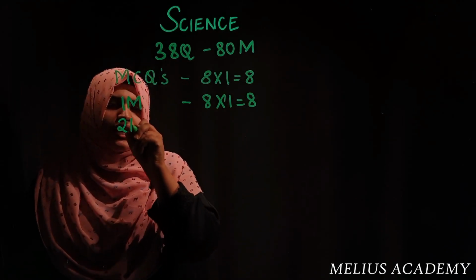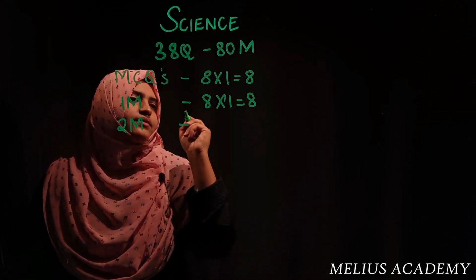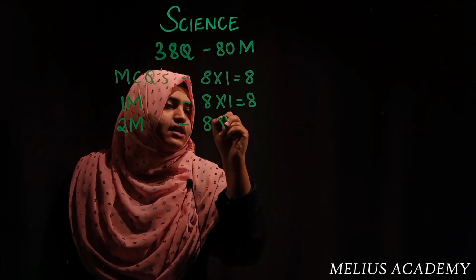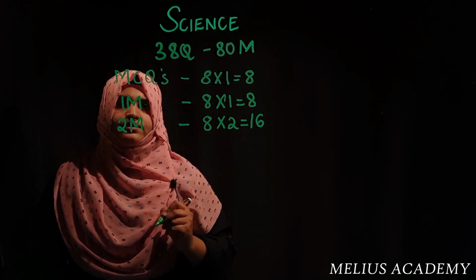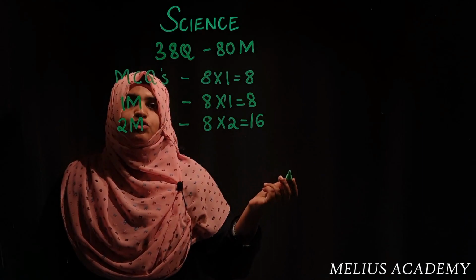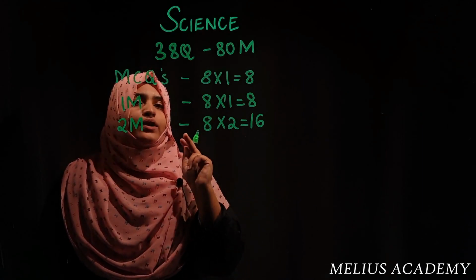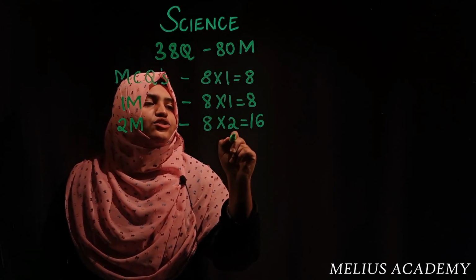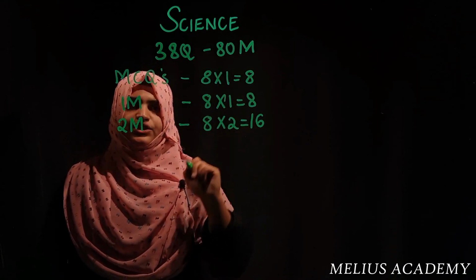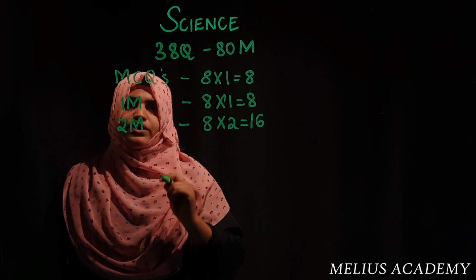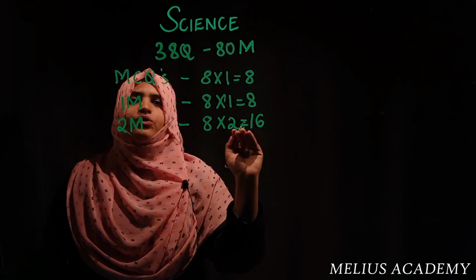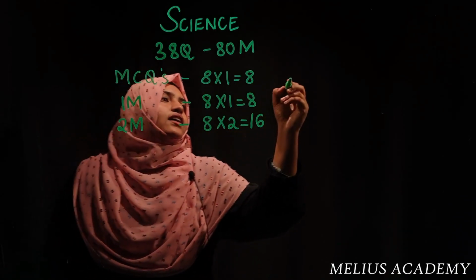Now coming to 2 markers, 8 questions, each carrying 2 marks, will get you 16 marks. Now when we compare this to the previous year's question paper, there were 16 questions, each carrying 2 marks, that will get you 32 marks. Now those 16 questions have been reduced to 8 questions. This part also you can answer very easily.